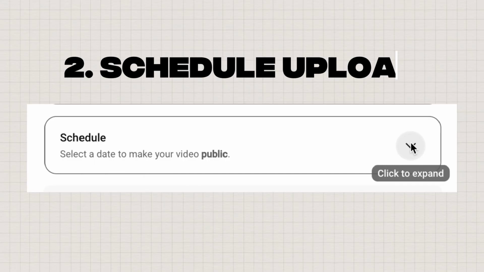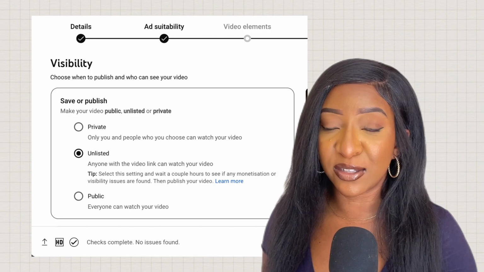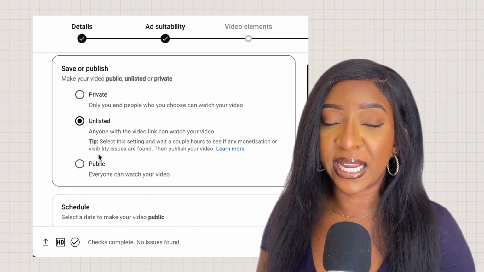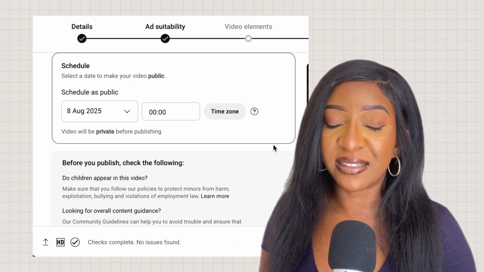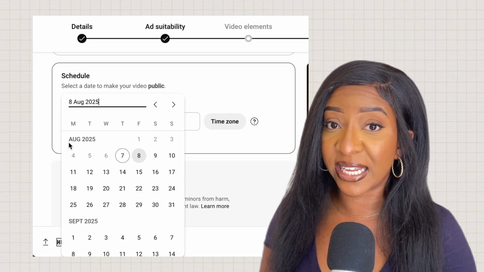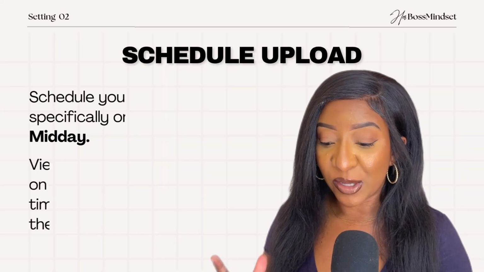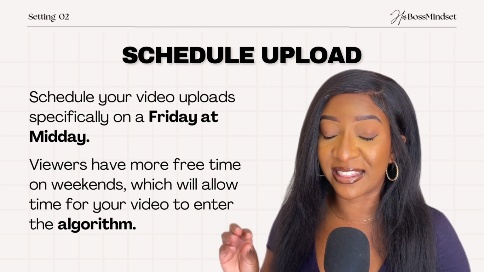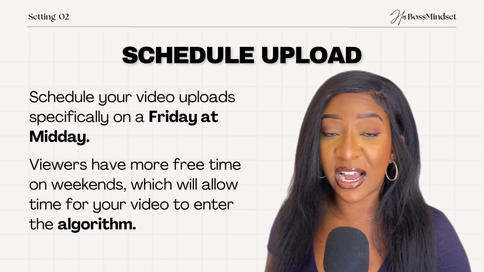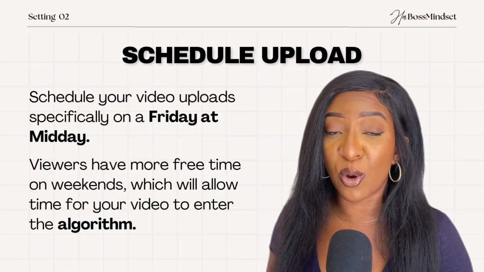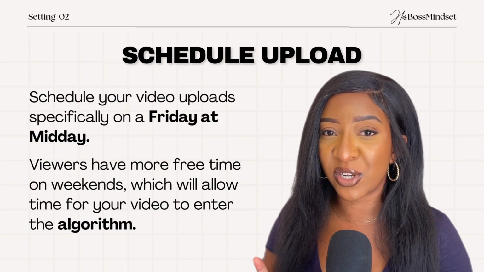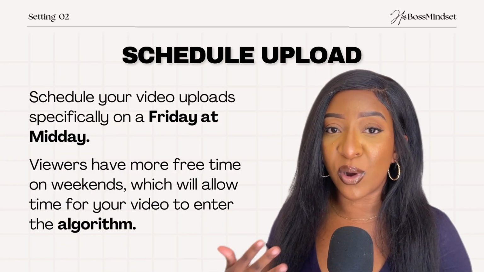Setting number 2 is the schedule your video setting. So this is towards the end when you're about to publish your video. Instead of just clicking make public, you need to be scheduling your videos specifically on a Friday. Now this is based off of my experience on my 2 monetized channels and this channel. I always find that I have a burst of views, especially over the weekend. So if you schedule your video to be posted on a Friday, especially towards midday, you allow your video time